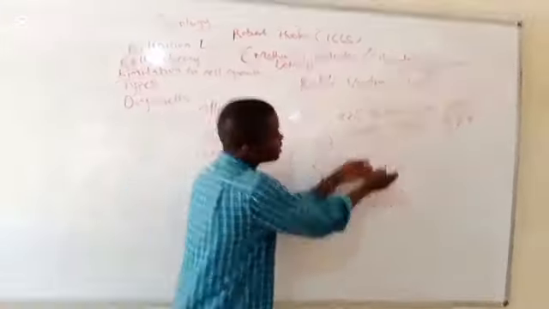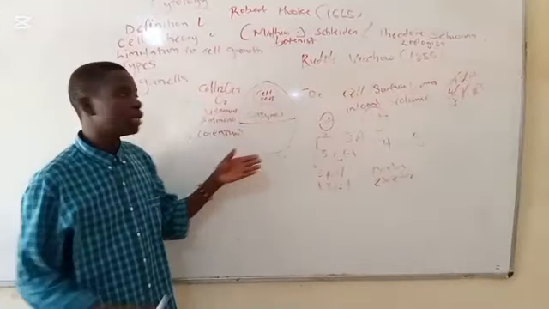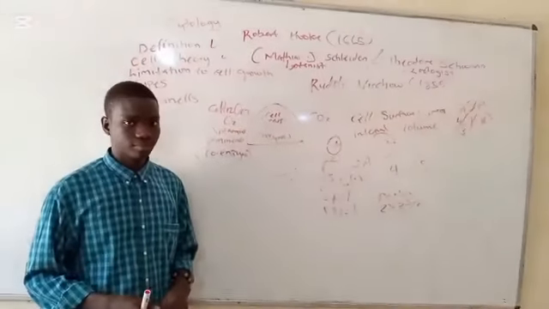So you can see the relationship between the surface area and the internal volume. The surface area is increasing at a slower rate compared to the internal volume. In other words, the internal volume is growing at a much faster rate compared to the surface area. And since the internal volume, which is the content of the cell, is growing faster than the surface area, all these molecules that are to get into the cell and perform their action fast enough will not be able to do that, because it takes a longer time for these activities to occur as a result of the increase in the internal volume of the cell, and that is what causes cells to die.